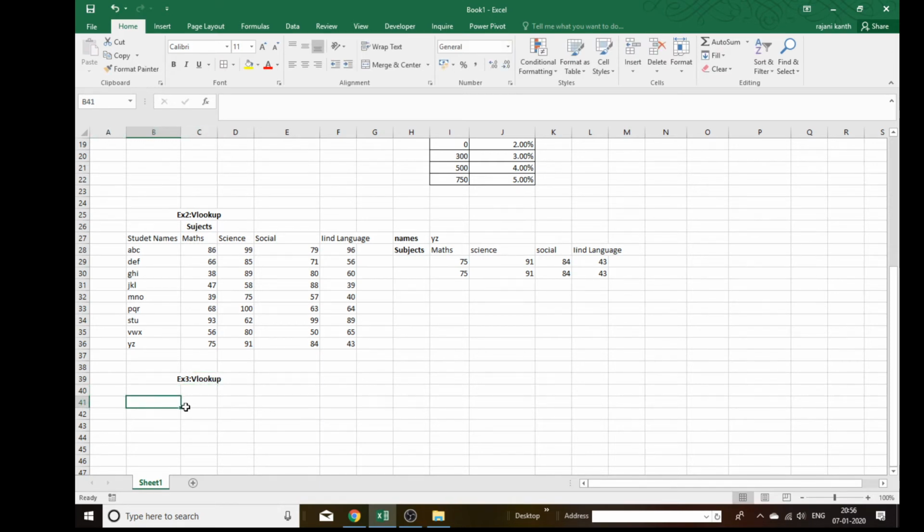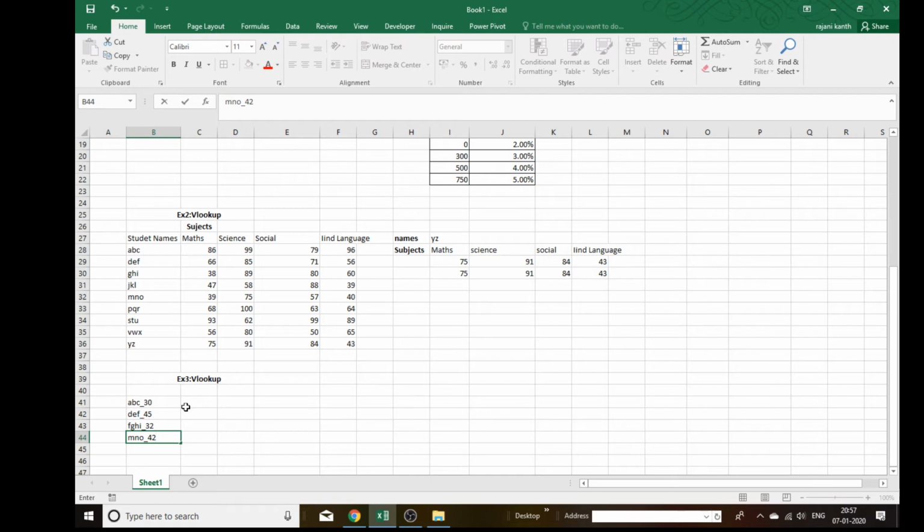Control C, Control Z, now make it as a 3. Okay, third example. Now we will take it like this: ABC underscore 30, DGF underscore 55, SGHI underscore 32, MNO underscore 43.